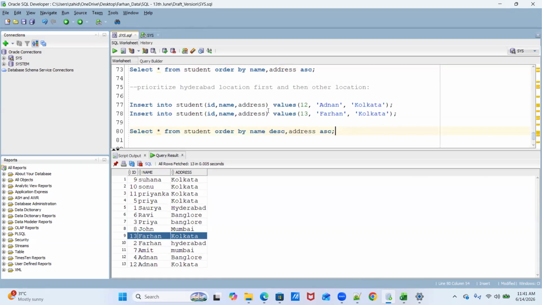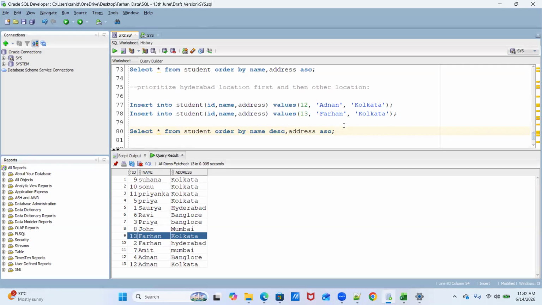Okay, so that's not the ideal case, right? Because already the name is matched to the address. So if you are applying descending order on the name and ascending order on the address, definitely see, I belong to Hyderabad, let's suppose. My name is Nag and I belong to Hyderabad. Now, for Nag, the address is going to be Calcutta because we are applying ascending order on address and descending order on the name. So in that case, the relevancy of the name and address will go, right?